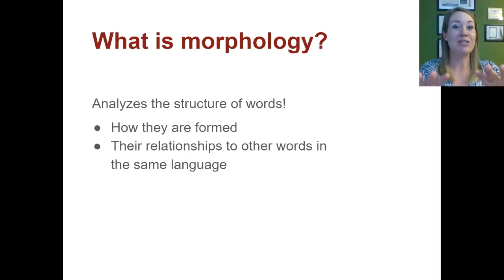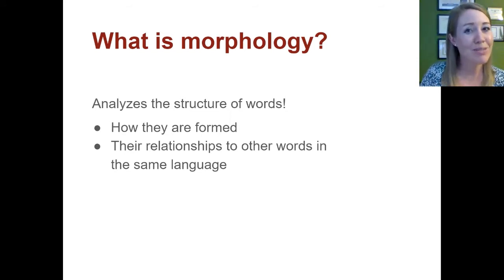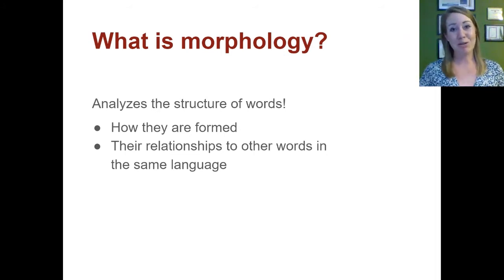So morphology is another step zoomed out from orthography. And now we're going to be looking at the structure of words. So we're no longer just talking about sound and the smallest units of sound, which are phonemes, right? We're no longer talking about graphemes, which are the smallest units of writing. We're now going to be talking about words, and a word we're going to get to in another lecture is morphemes, which has to do with the smallest units of meaning in a word. So how do we start developing meaning? And that's what we're going to do with morphology.